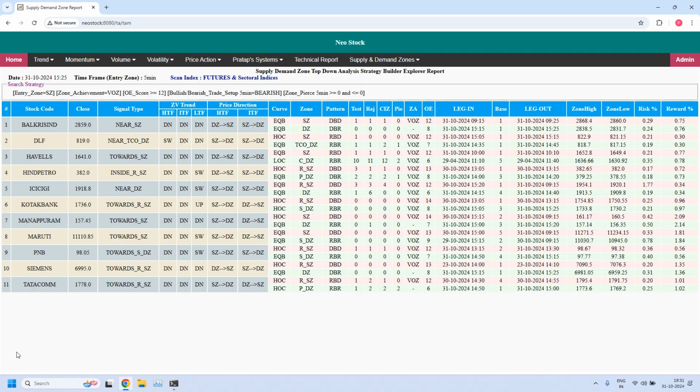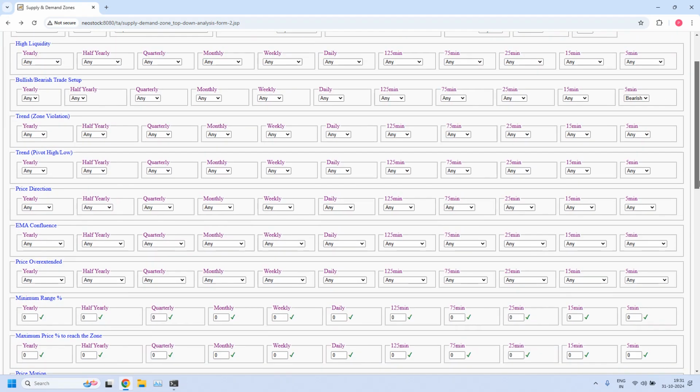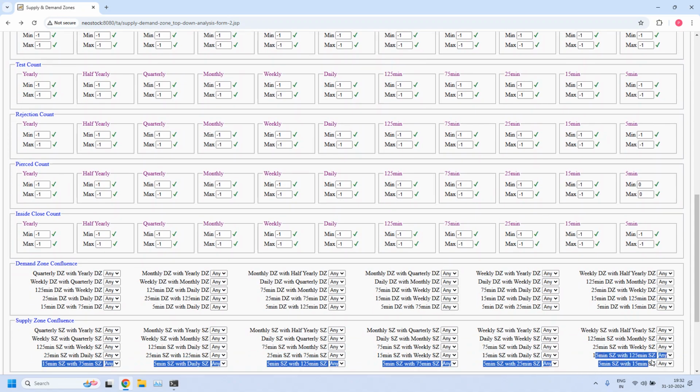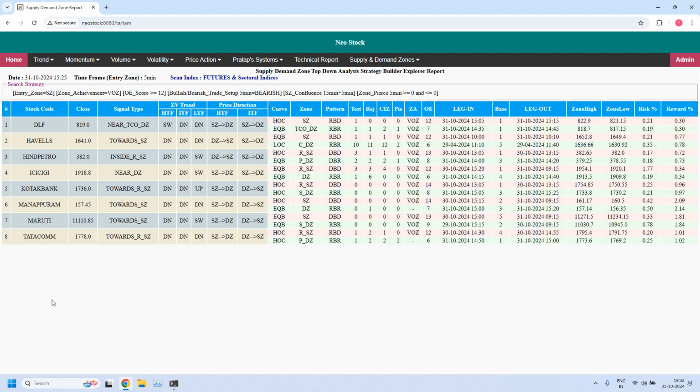Out of these 11 stocks, all these 11 stocks are currently supporting bearish trade setup for hourly income trade. That is entry zone is the 5 minute supply zone. So among these 11 5 minute supply zones, there could be high probability setup stocks might be available. Let's verify. First, let's based on LTF and ITF supply zone confluence. That is 5 minute supply zone with 15 minute supply zone confluence. Enable the filter. We got 8 stocks. These 8 stocks are high probability setup stocks because 5 minute supply zones are part of